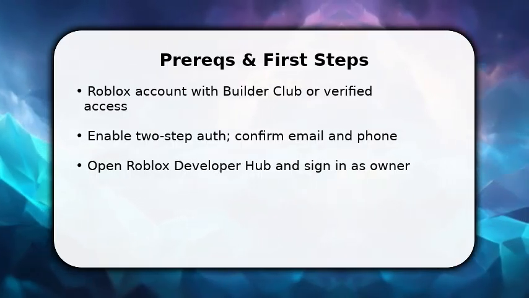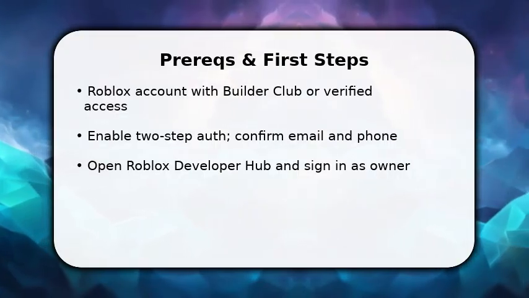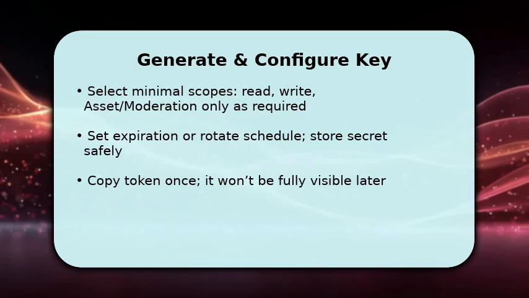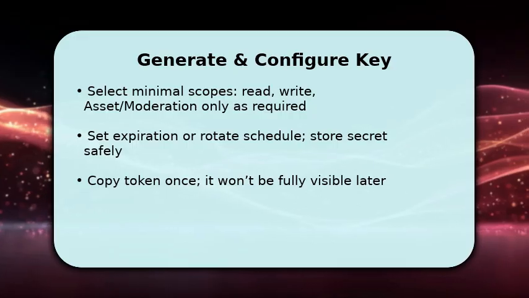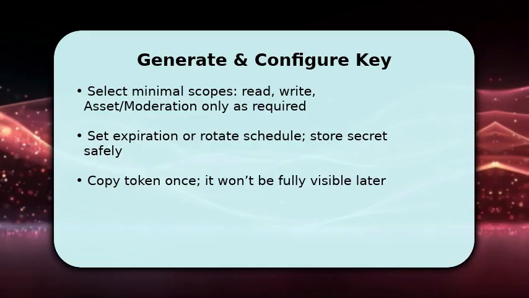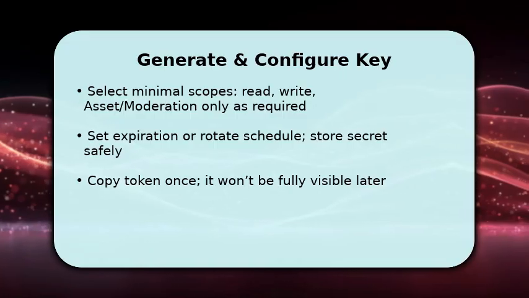Begin creating a new API key by naming it for the project and selecting scopes you need. This prevents overprivileged tokens later. Continue by choosing the correct scopes for the key. Limit permissions to only what your integration requires because fewer scopes reduce risk. Give the key a descriptive name and set an expiration or define a rotation policy so you don't forget to